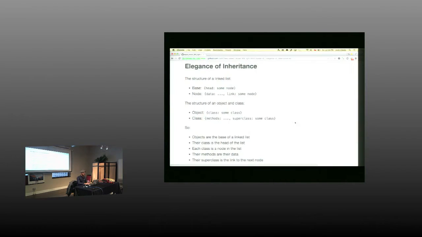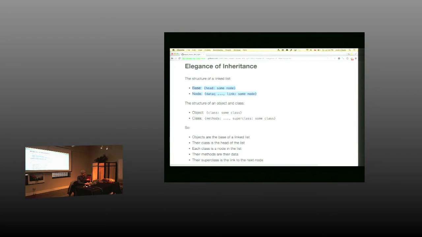So if you're familiar with a linked list, a linked list typically looks something like this. You've got the base of the list, which is keeping track of the first node in the list, and that's frequently named something like head. And then the node is a structure that contains a piece of data that you're looking for and a link to some other node in case you can't find the piece of data you're looking for. So these two things are how you would implement collections. This is one way of implementing a collection in a language where dynamically changing the size of an array isn't available to you, such as C, for example. There's any number of ways you could do it, but this is one way.